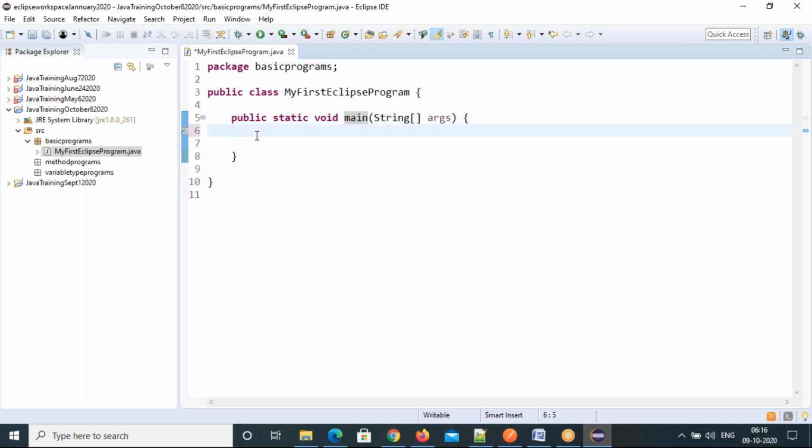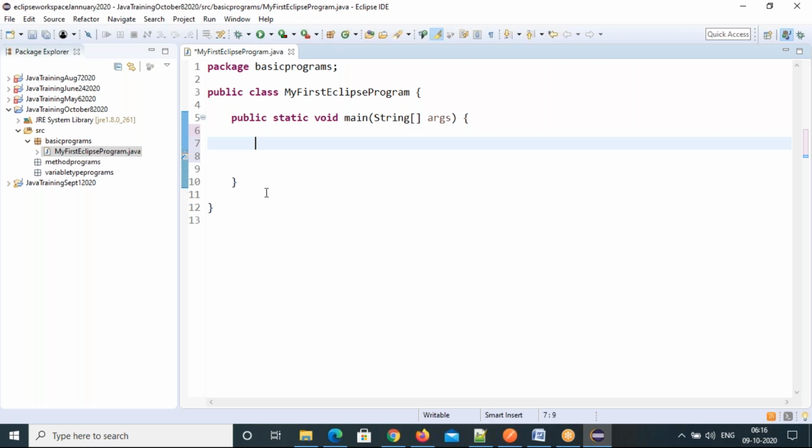So, I'll write a simple statement. I'm not going to go very deep today. We'll write something very simple, then we'll understand the program keywords. The agenda is to write a simple program, execute it, see the output, and understand these keywords. So I'm going to print a few statements on the console.